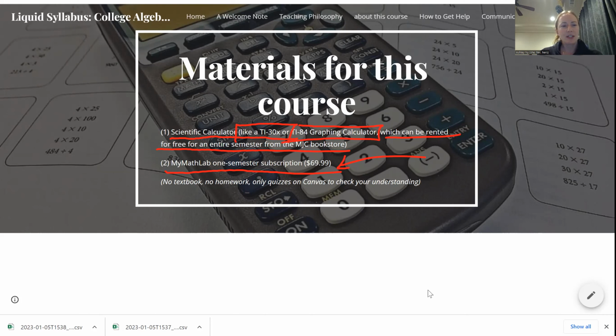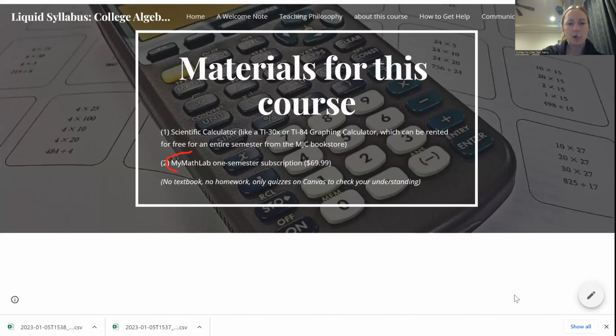So it would only be a good idea to buy the more expensive MyMathLab option if you're planning to take this class again in the summer or again in the fall. So I think if your plan is just finish this class this semester and then take the next class later, then don't get the more expensive one, because it won't count for both classes unless they use the same book, and the next class does not use the same book. And I'm sorry, that's very confusing, huh? But that's all you'll need. And that will explain kind of how to get access to MyMathLab.